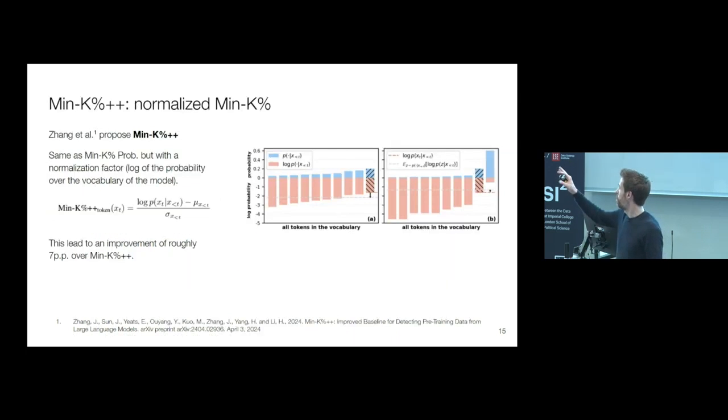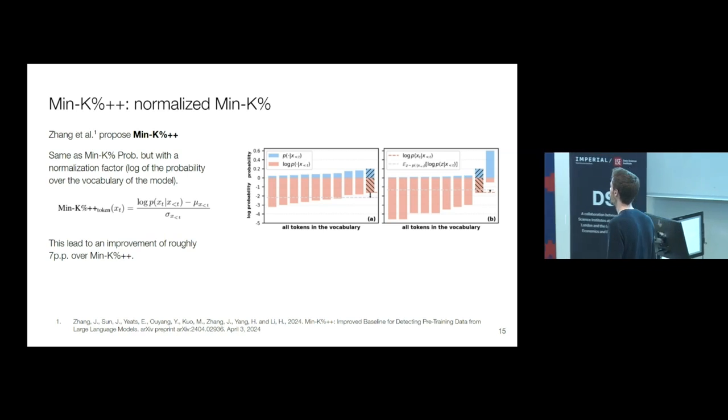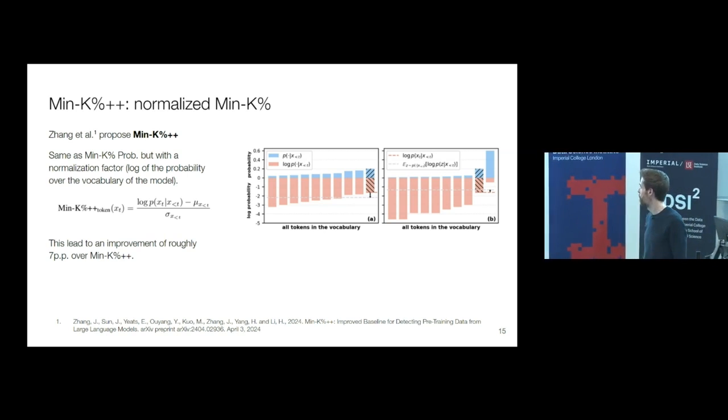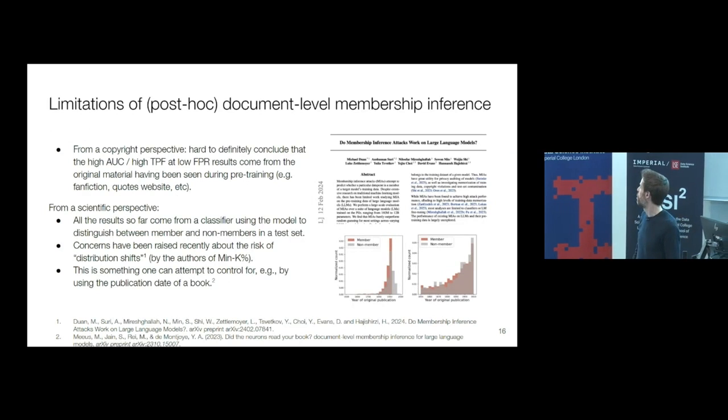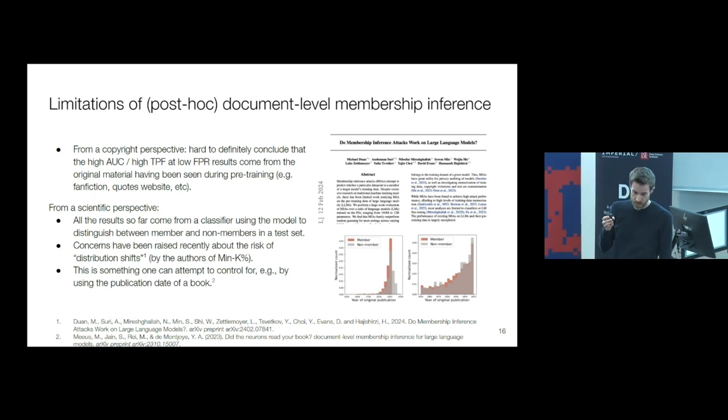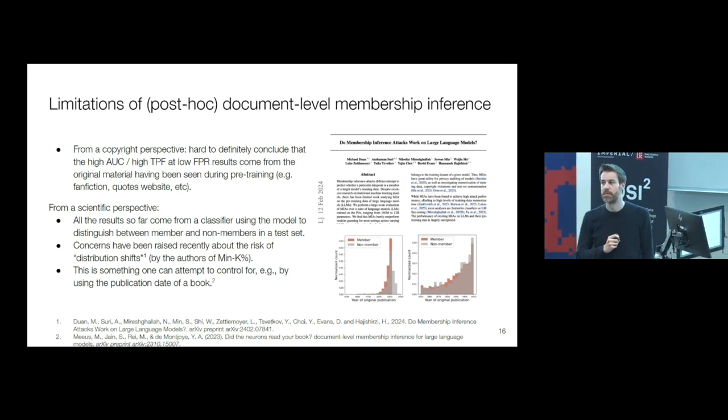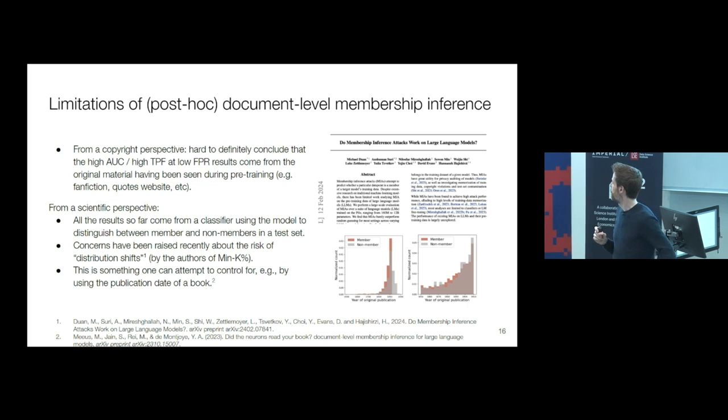And then another method that came out, I think a few months later, basically builds upon the first one and proposes a different normalizing factor to further improve the result by 7 percentage points. All very good, super useful. Big, big limitation, though, is from a copyright perspective,